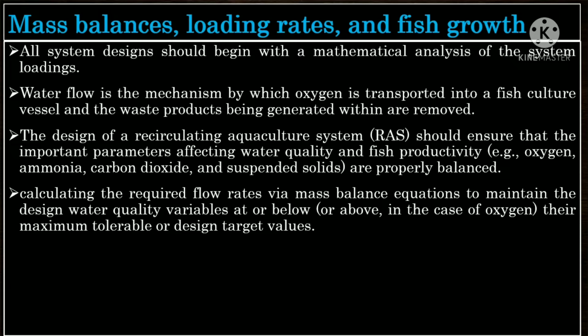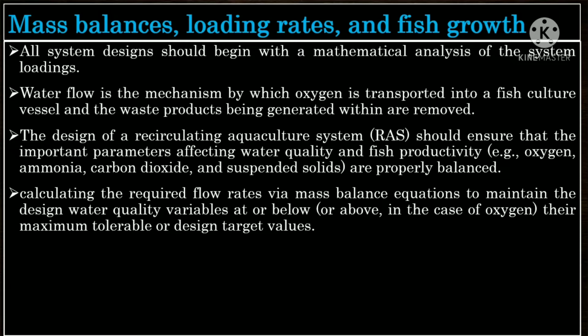All system designs should begin with a mathematical analysis of the system loadings. Water flow is the mechanism by which oxygen is transported into the fish culture vessels, and the waste products being generated within are removed. The design of the recirculating aquaculture system, the RAS, should ensure that the important parameters affecting the water quality and the fish productivity, for example the oxygen, ammonia, carbon dioxide, and also the suspended solids,